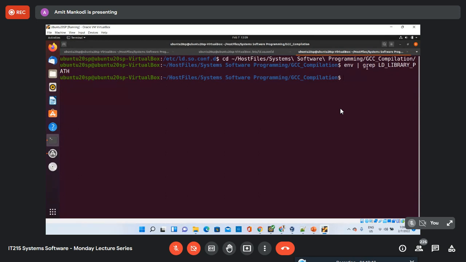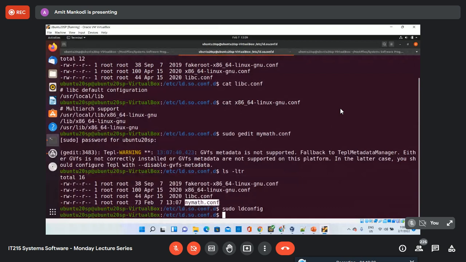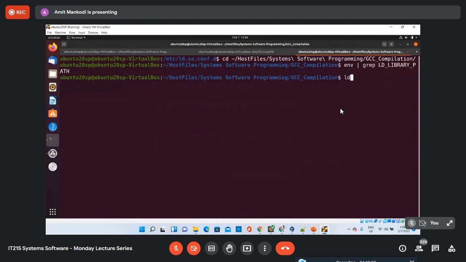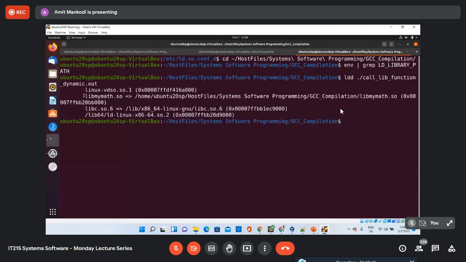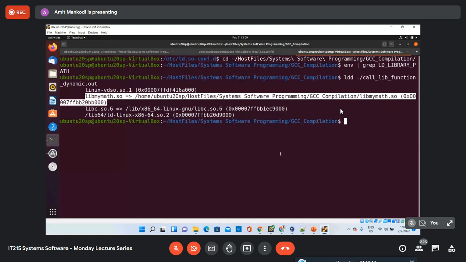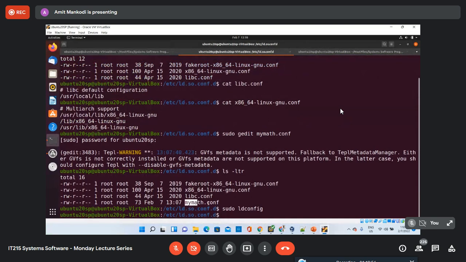Ideally, it should not be able to find the path to the dynamic library of mine, but now it will be able to find it because I did mention the conf file where the path is mentioned, and that conf file is now also loaded into the memory. So if I do ldd, now you see it is still able to find that path and that library because I've asked it to go through whatever is mentioned in this folder as well.